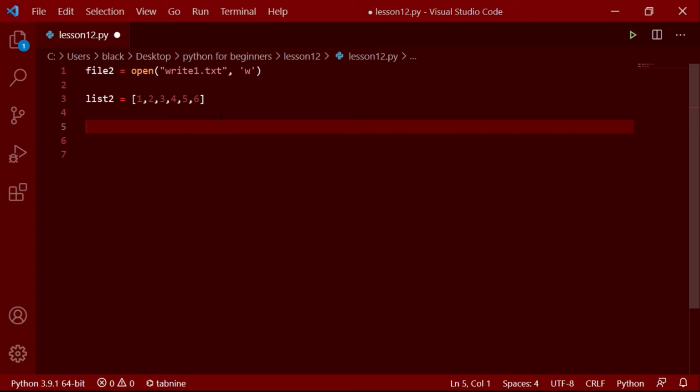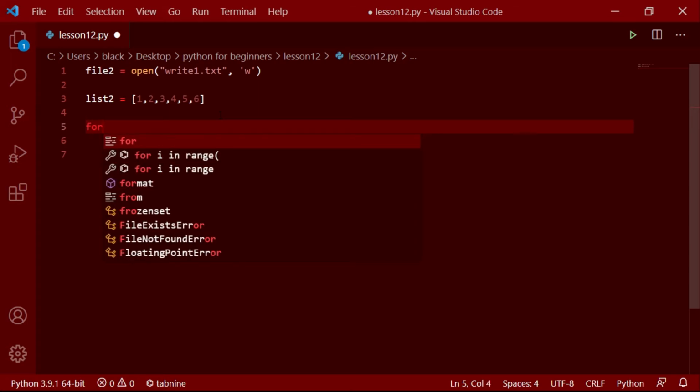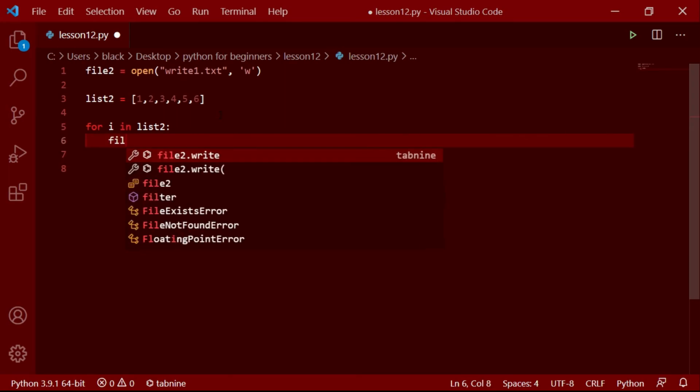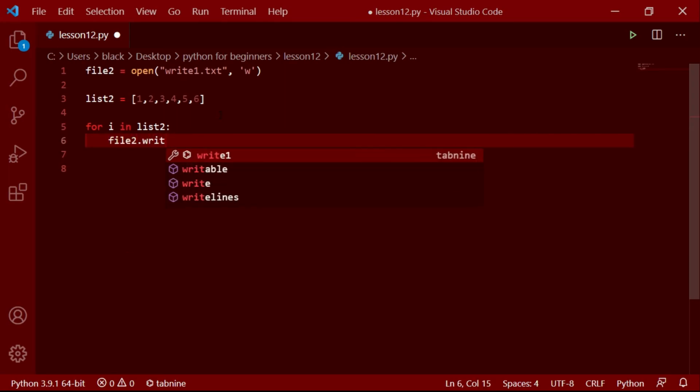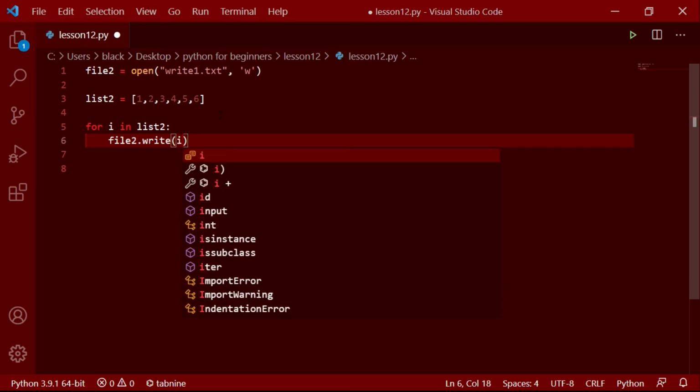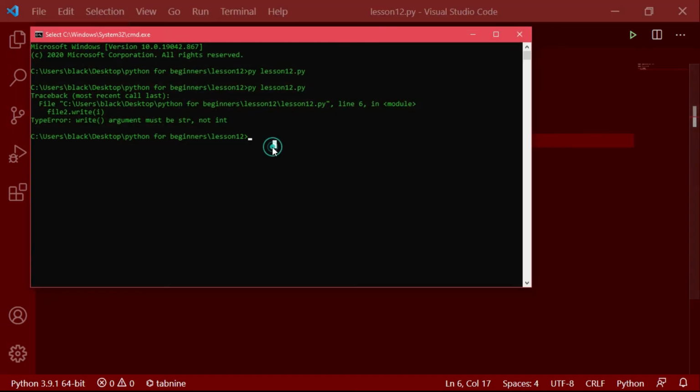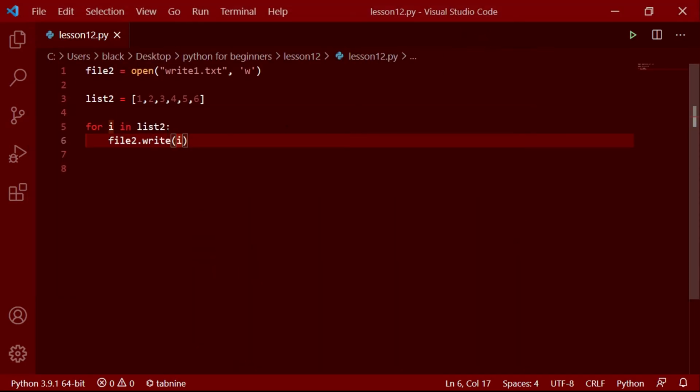For that I'll use a for loop: for i in list2, file2.write, and inside that type i. And now let's see what will happen. It says it should be a string, not int, but we have used integers here. We have to convert them into strings first.